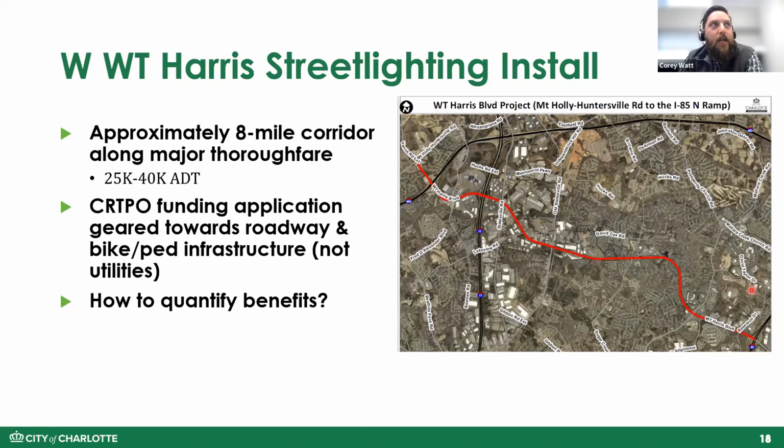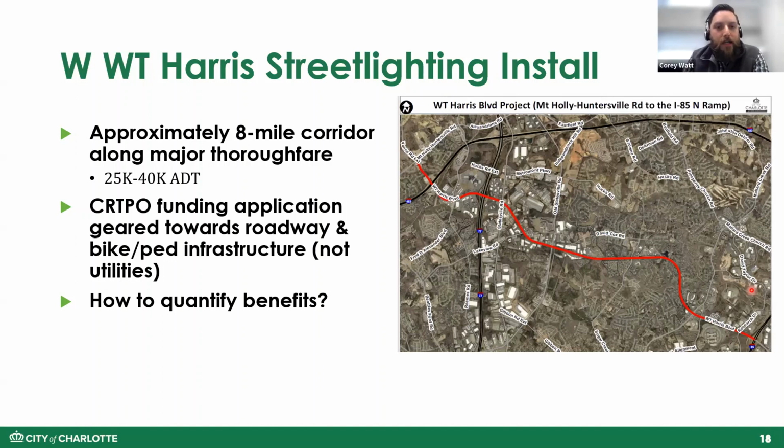And this particular project is about an 8 mile long corridor, a major thoroughfare. Charlotte's kind of laid out in a very rough hub and spoke type design. So this is one of our loop roads, further out from the city core, that facilitates that loop movement around the urban core of the city. ADT varied widely, but just to give you a range, it's 25,000 to 40,000 vehicles per day along this corridor. And this is back in probably 2000, 2001,